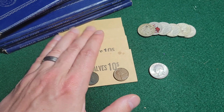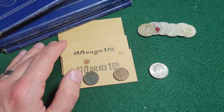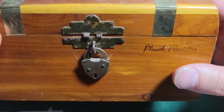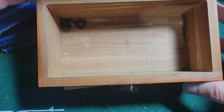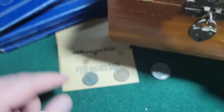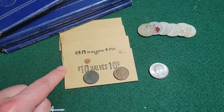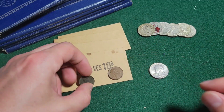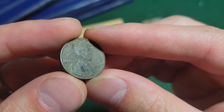So I already went through the little treasure chest box that we had, and for those that did not catch the video, this was the little treasure chest box. So there were probably, I don't know, 60 or 70 small cents in here, and these old $10 halves wrappers. So we pulled those out just to put aside and preserve, and then the only 2 pennies that we had saved out of it was this